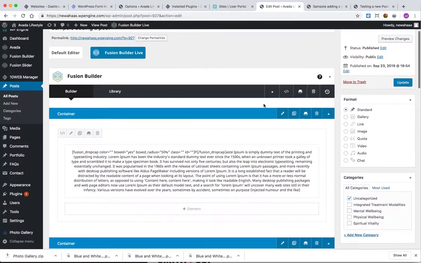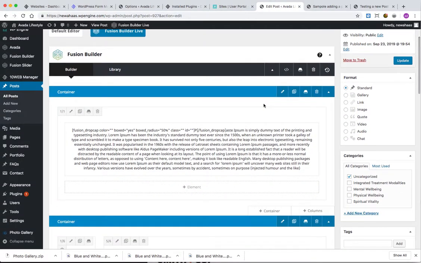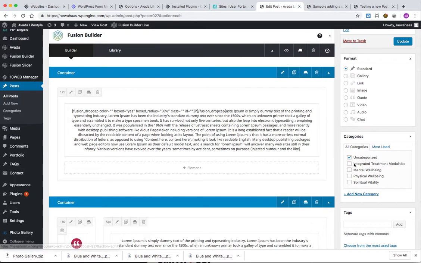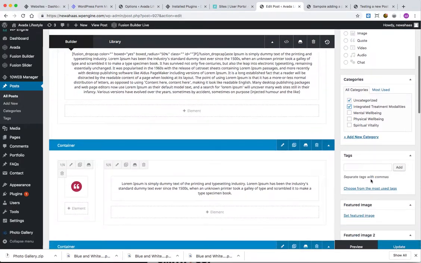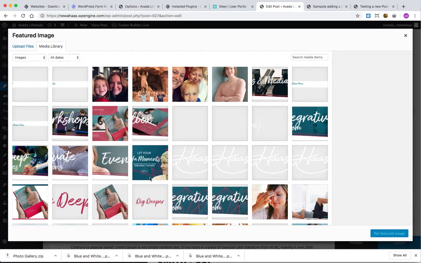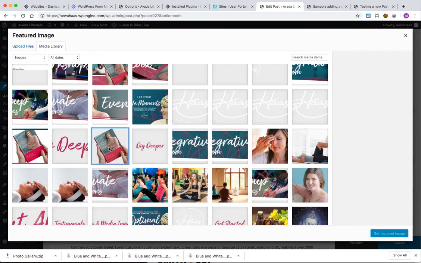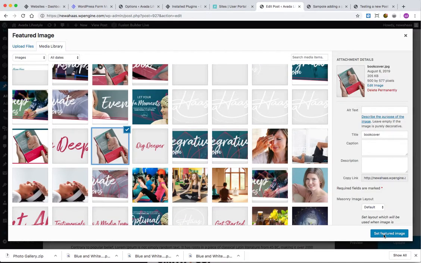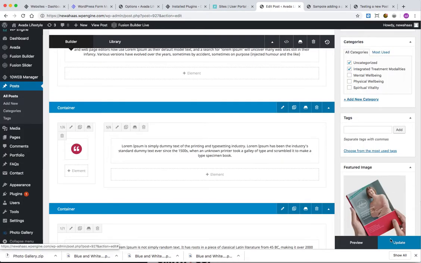Okay, so that's how to edit the page. The one other thing you have to do, actually two other things, is you have to assign it to the proper category that it belongs in. So this one might be an integrated treatment modality. And then I also have to set a featured image. So if I click on that, it's going to bring up that same window. I can pick the image that I want to have be at the top of the post. I say set featured image, update,